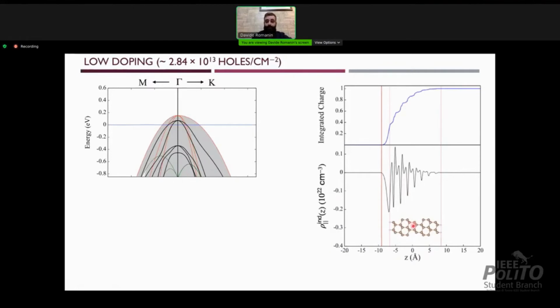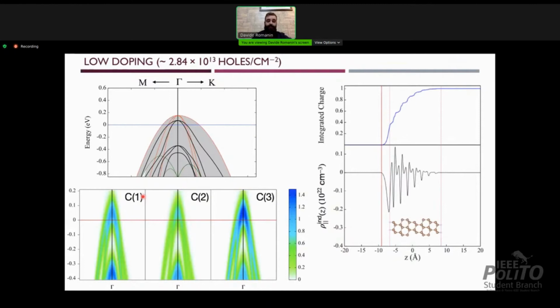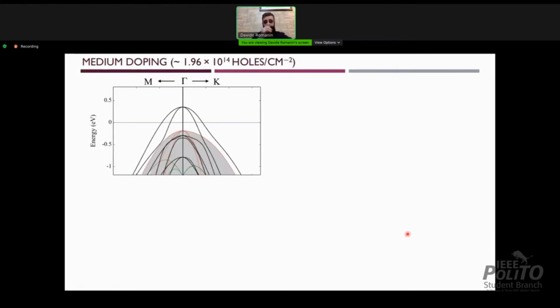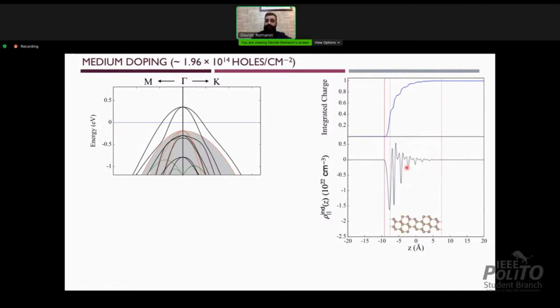Indeed, if we also look at how much each carbon layer contributes to the electronic states at the Fermi level, we can see that the highest contribution comes from the 3rd atomic layer, therefore meaning that the system actually is mapped into a bulk, okay? Now, if we move into medium dopings, we can see that this time the electronic band structure at the Fermi level is outside the gray shaded region. Therefore, we have a surface-like system, and the electronic fluctuations of the induced charge density indeed start to be very close to the surface